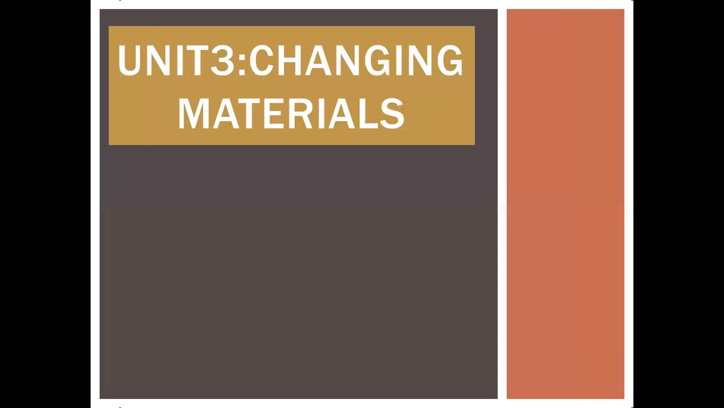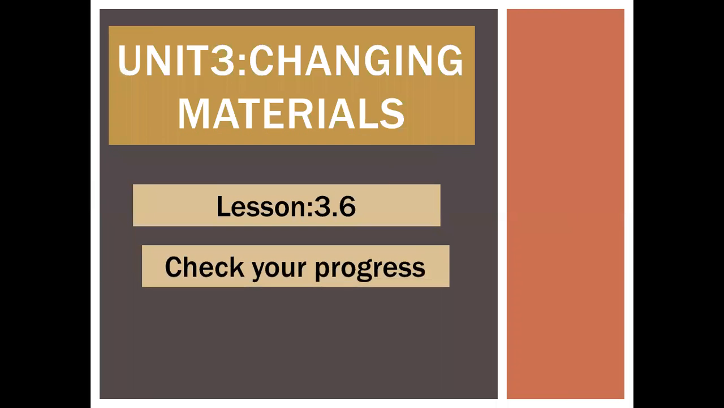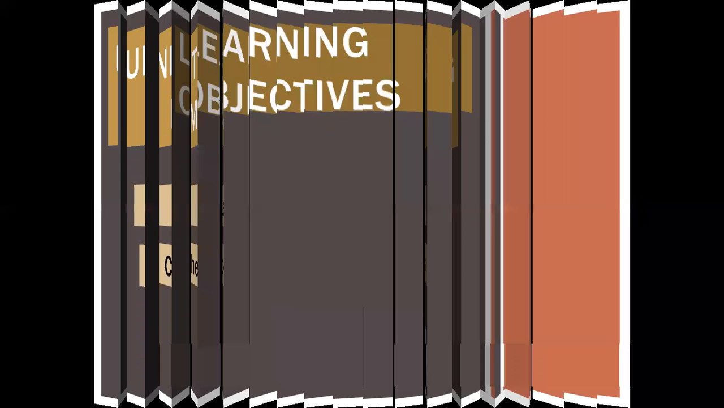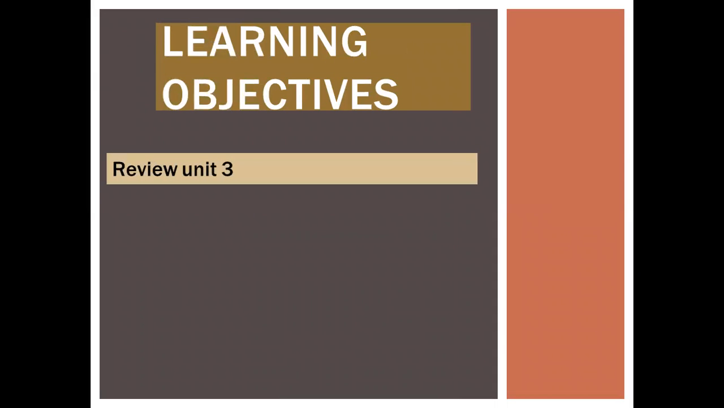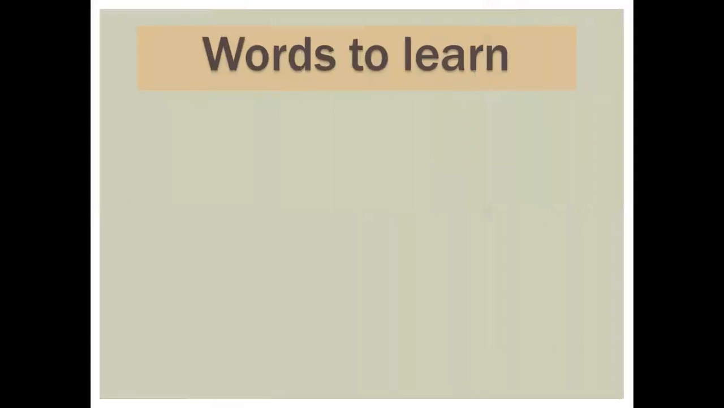Today in science unit 3, Changing Materials, we are going to cover lesson 3.6, Check Your Progress. It is on pages 36 and 37 of your learner's book. In this lesson, we are going to review the whole of unit 3 and solve some of the questions. Before that, we are going to learn some of the words